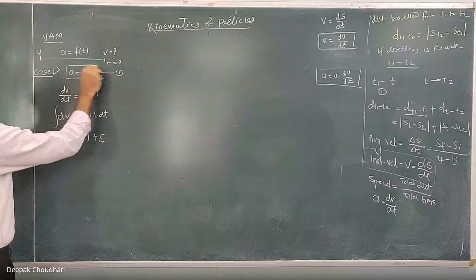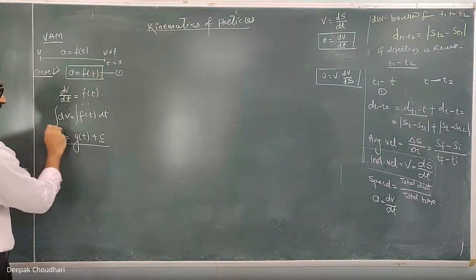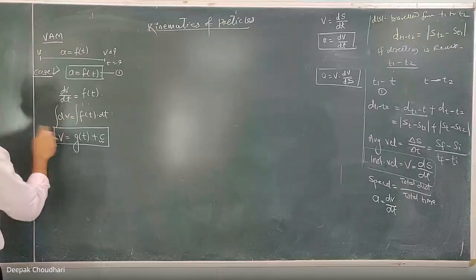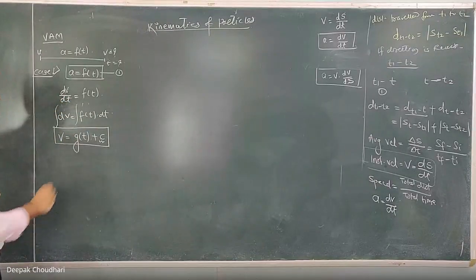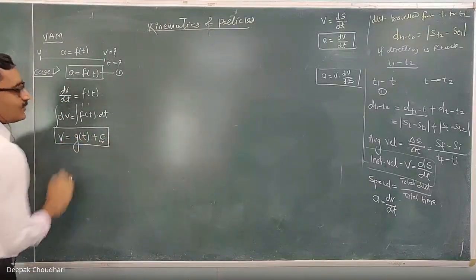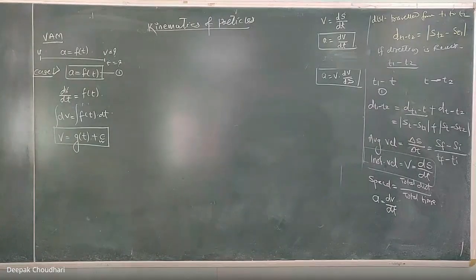This becomes another equation of motion. This was the first equation of motion, and this is another equation of motion. Now, to get the generalized equation of the velocity as a function of time t, I need to calculate this constant of integration c. And how do we get that constant of integration c? We get it by using some boundary condition. What is the boundary condition?